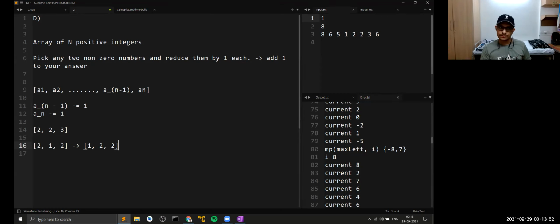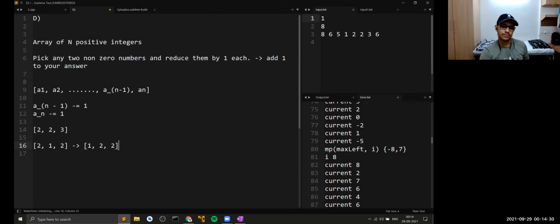So in this approach, at any given point, you are not touching any elements that are smaller than the maximum and the second maximum. You are only picking the second maximum and the maximum and removing one from them. After that, you insert them back into the multi-set, so your multi-set gets updated. And as long as you can do this, this should be what you're looking for. If you guys have any doubts in this approach, I can explain it again, but maybe we can think about the proof together. I don't have a valid proof for this right now.